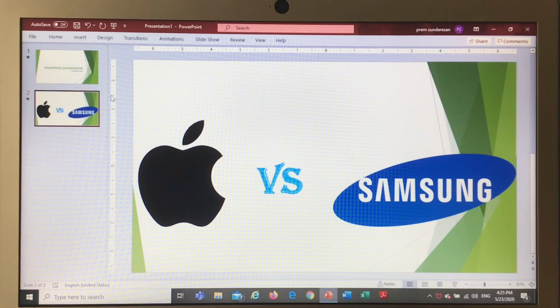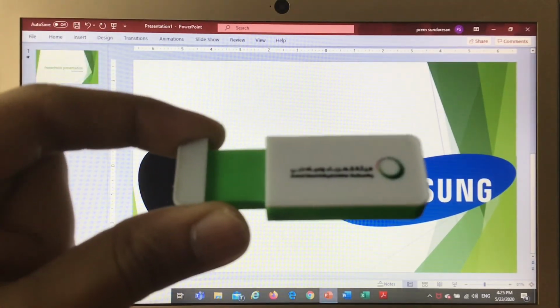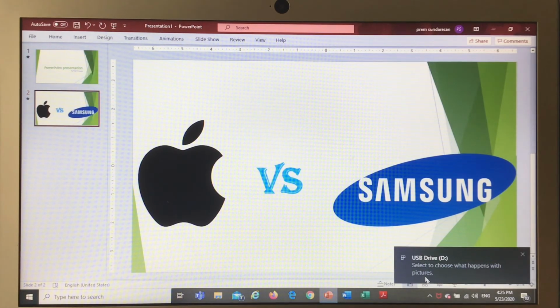You can save it on your computer if you have enough and more space, or you can use a USB like this, or a flash drive which has a lot of GB in which you can store PPTs like this one. So we'll just plug in the USB, and to know that your USB has been plugged in, a message like this will appear. Now let's save this.